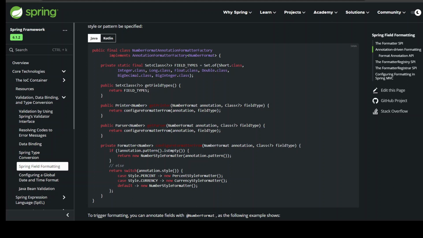public Parser<Number> getParser(NumberFormat annotation, Class<?> fieldType) { return configureFormatterFrom(annotation, fieldType); } private Formatter<Number> configureFormatterFrom(NumberFormat annotation, Class<?> fieldType) { if (!annotation.pattern().isEmpty()) { return new NumberStyleFormatter(annotation.pattern()); } else { return switch (annotation.style()) { case Style.PERCENT -> new PercentStyleFormatter(); case Style.CURRENCY -> new CurrencyStyleFormatter(); default -> new NumberStyleFormatter();